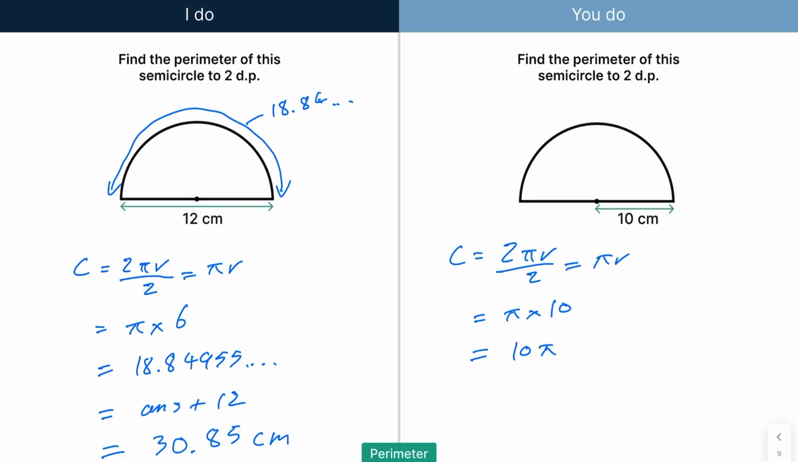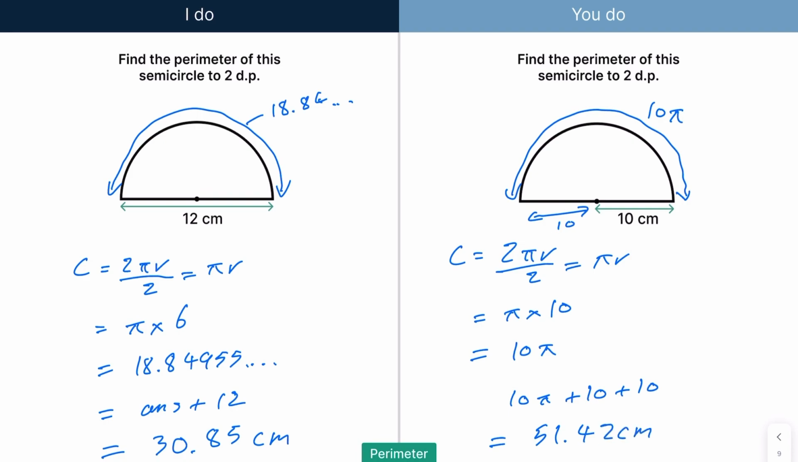And now, if you know that from here to here is 10 pi, and we know the bottom, this bit here, is going to be 10 as well. So the answer is going to be 10 pi plus 10 plus 10. Let me show you that. If I do that on my calculator, 10 pi plus 10 plus 10, that becomes